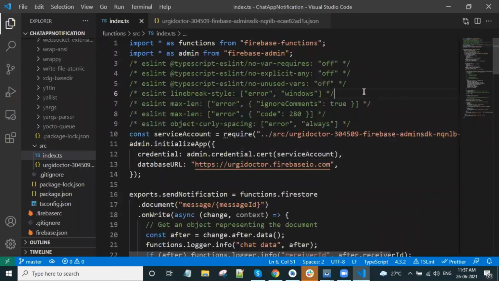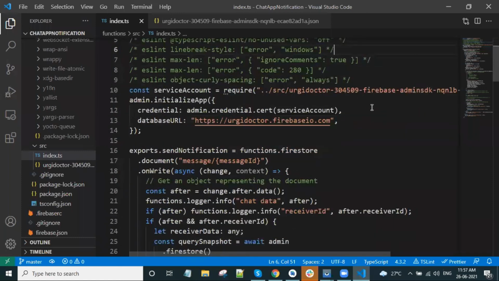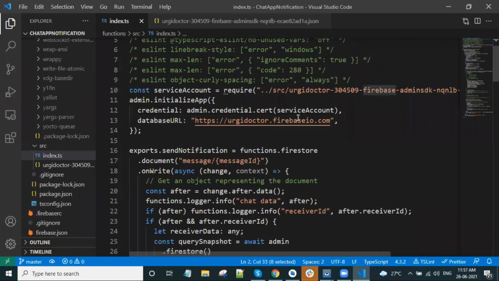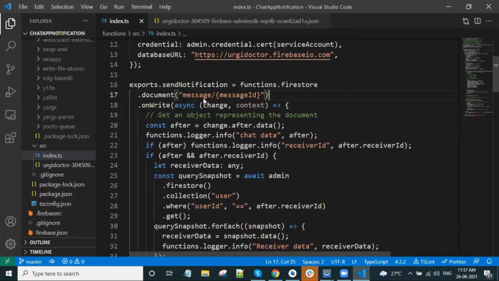My colleague Ashok has explained how to write a Firebase function, how to initiate it, create a Firebase project, how to log in, how to re-log in, and how to deploy the functions. So I have just written that Firebase function here. With the Firebase function, I have created admin SDK access. With admin SDK access, what I'm doing here is creating one Firebase trigger.